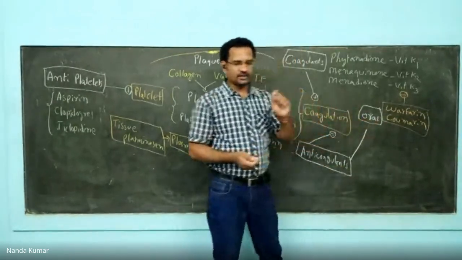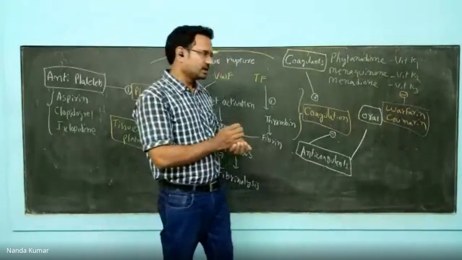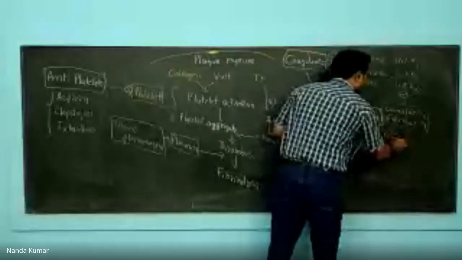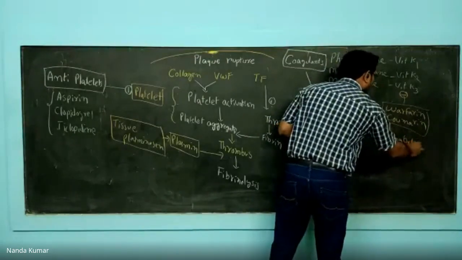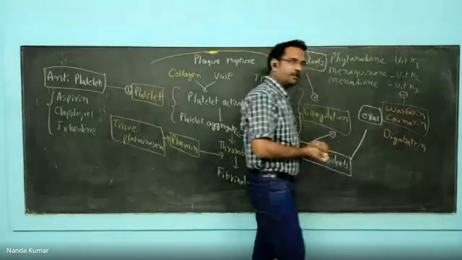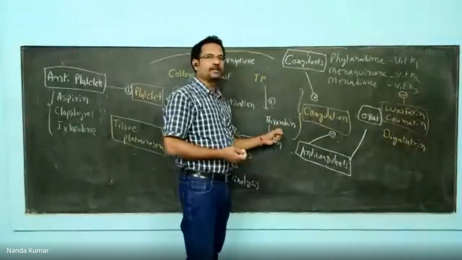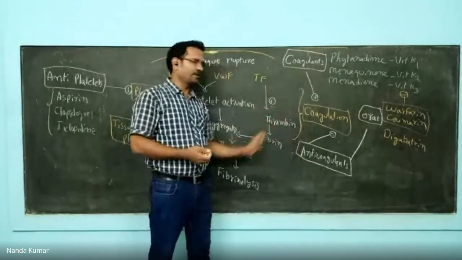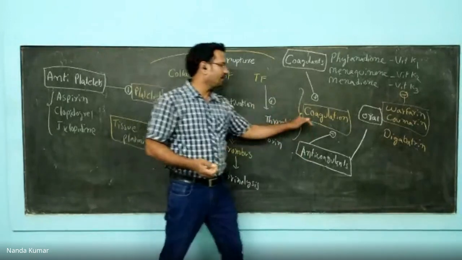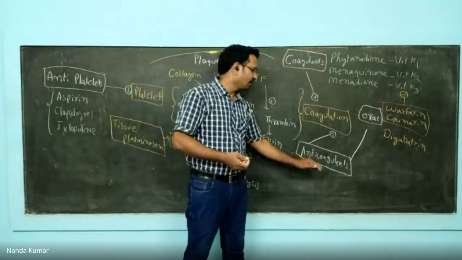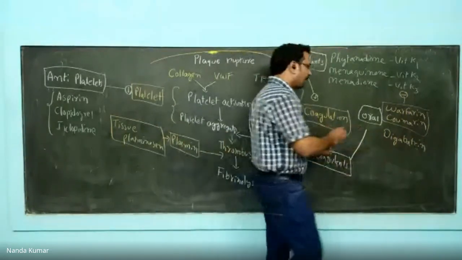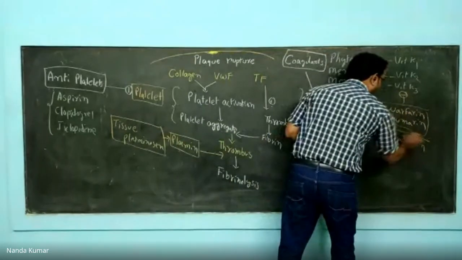Along with that, some other oral drugs are there. The drug is dabigatran. Now, dabigatran is a thrombin inhibitor. You know, thrombin is required for the conversion of fibrinogen to fibrin. When thrombin is inhibited, what happens? The coagulation process is inhibited. Hence, it is called an anticoagulant. What is the example for that? Dabigatran.